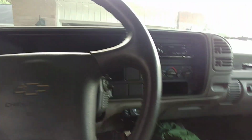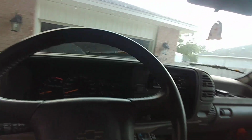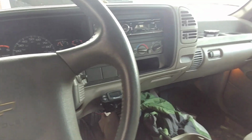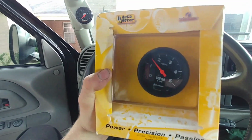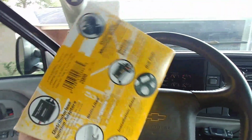So I have an RPM gauge. It's actually sitting in the back seat. Let me see if I can grab it, that way everybody knows which one it is, because this is probably the best solution to the problem. If you haven't done one of these swaps, which you probably haven't, that's why you're watching this, this is what you're going to need. Holy crap, I'm having a hard time getting this box out. If you had a diesel, the alternator is what gave the truck its tach signal. You will need part number